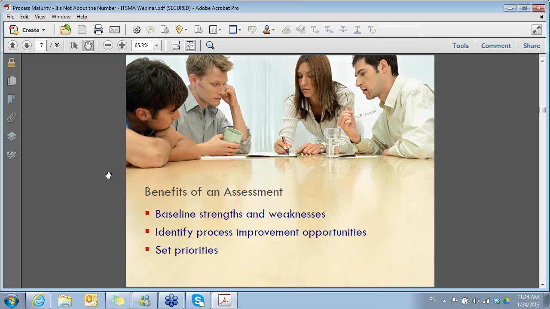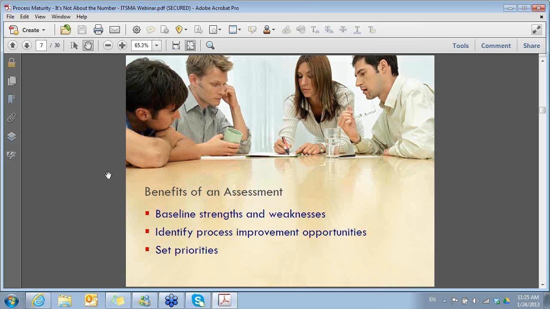With an audit, you're really looking at conformance to a set of requirements. So you've perhaps got Sarbanes-Oxley requirements. You've maybe got an ISO standard like ISO 20000, and you need to show compliance to that particular standard. So an audit is compliance with a set of requirements.